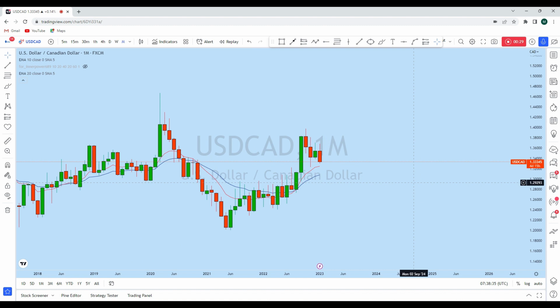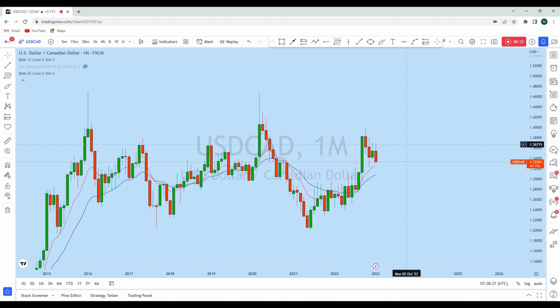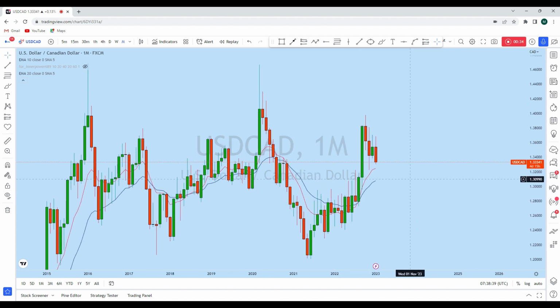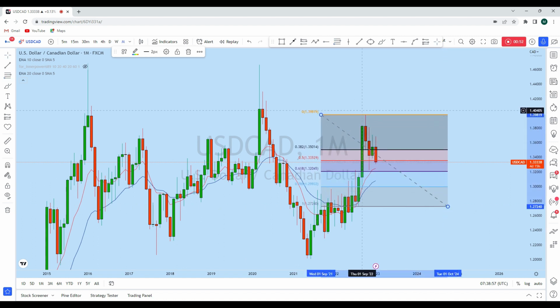Now, as you can see, USD had back to back quite a few months in a slow downward trend. Starting from here, there was a big impulse from this monthly support zone, and afterwards we have seen the price retracing to the downside for a deeper retracement. If we take our Fibonacci for this impulsive move to the downside on the monthly, we see that USD still did not retrace to